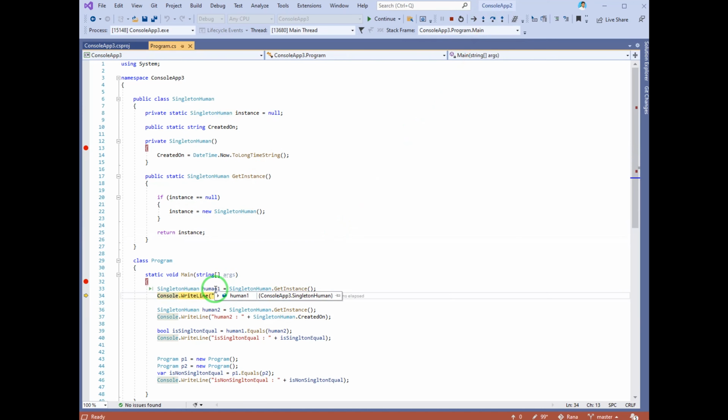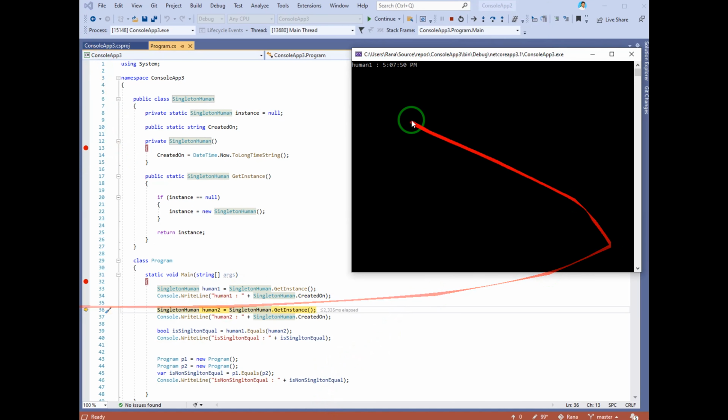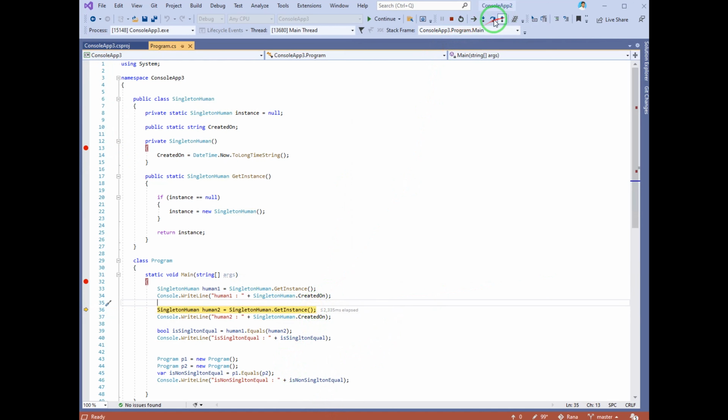Now we have created human1, with this timestamp. Because we have already created this instance, it will not execute this part.